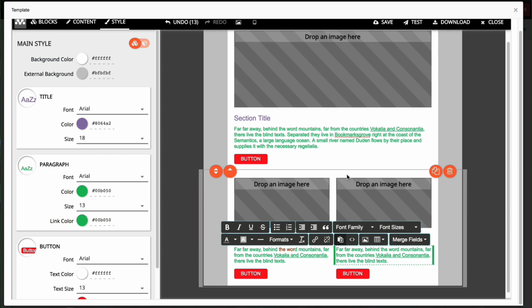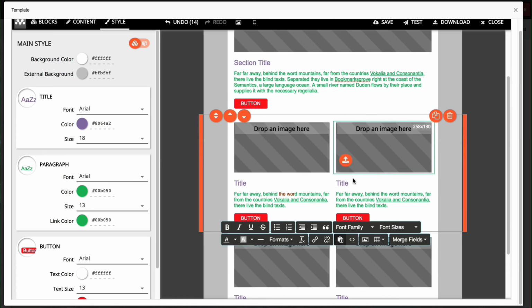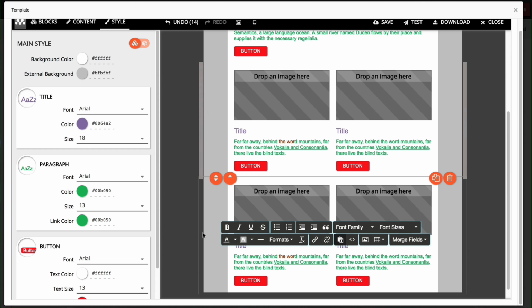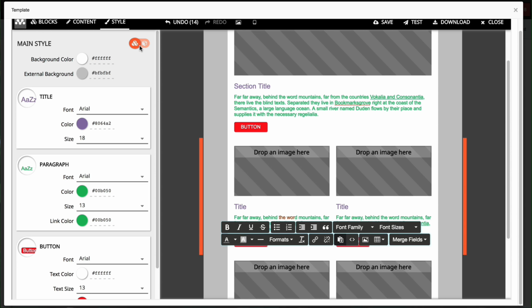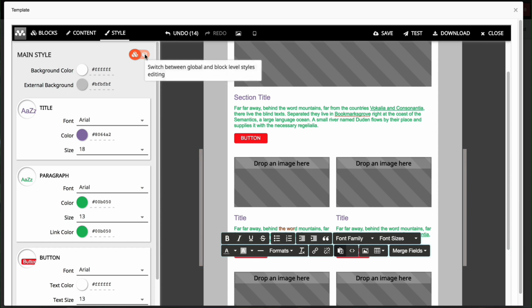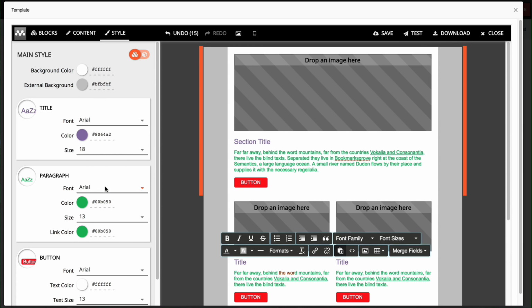For the sake of showing this exercise as well, I'm going to duplicate this just so I can have another section down below. By clicking on the duplicate button over here, I've made another section down below. Even if I had images in here, it would duplicate the contents and everything that I had. And if I change this now to a single block, it basically explains that the section that I'm working on